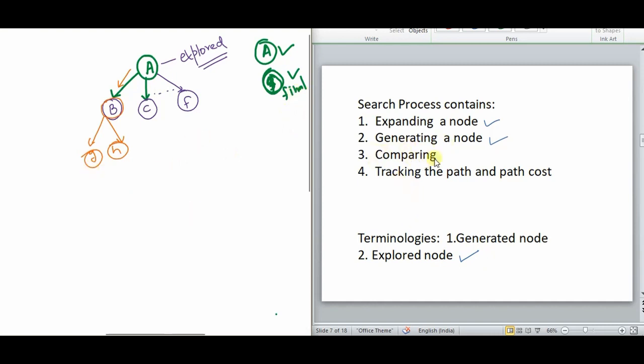So comparing is a method wherein, as the tree expansion proceeds, expanding the tree nodes, generating of the tree node happens. After the node is generated, the very first thing you need to do is compare that node with the known final node, just to check whether I have found a solution, should I stop, or should I continue the traversal.